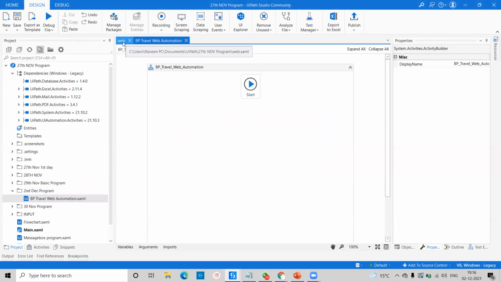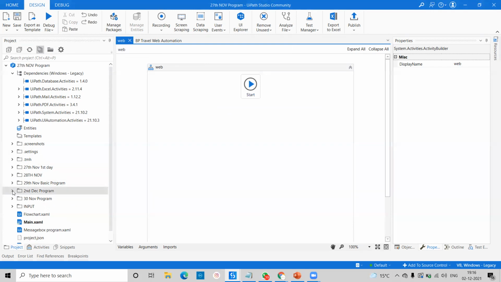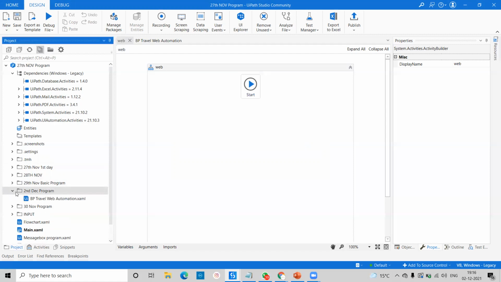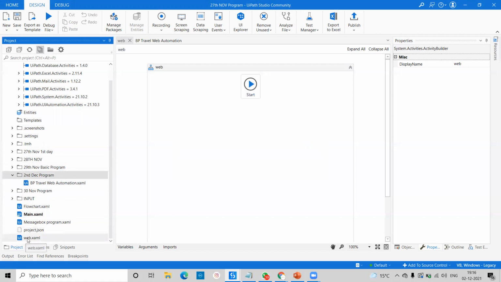Okay, so you can see the web first we have created, and this we are getting. So this web automation, BP table web automation, is under one folder. Okay, after 1 month also, if you come here, automatically you are able to understand this year 27, 28, 29, and this is your 2nd December program. Okay, so automatically if you open, you will get the program. If you keep it outside, you can see here recently we have created this web.xml file. This one also we will get, but for the web.xml file, there is no folder. So 2nd December is good like that. After 1 month, if you come, you're able to identify that on 2nd of December we have created the web automation.